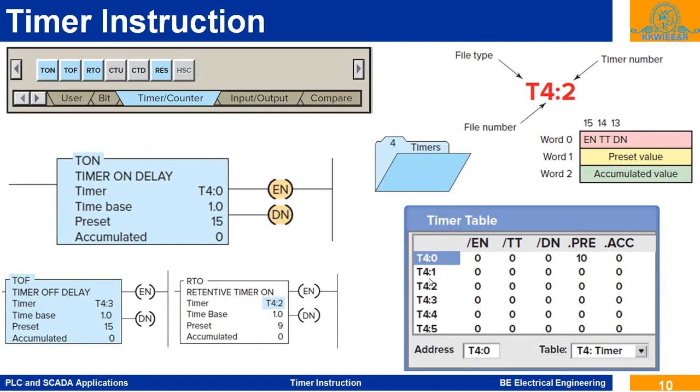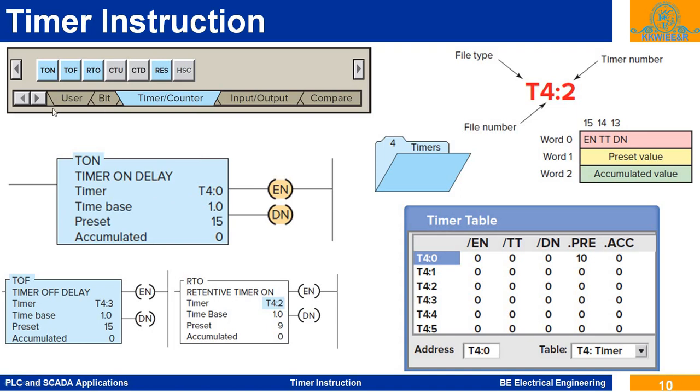Now from the online bar of RSLinx or RSLogix 500, we get this instruction toolbar. If we press this right arrow, we scroll from user to bit and the timer counter instruction set. In this timer counter instruction set we get TON on delay timer, TOF off delay timer, RTO retentive timer and the reset instruction.